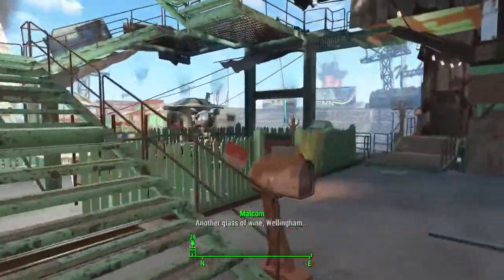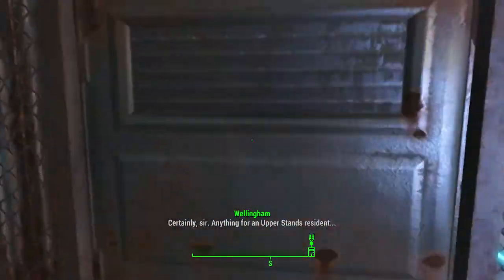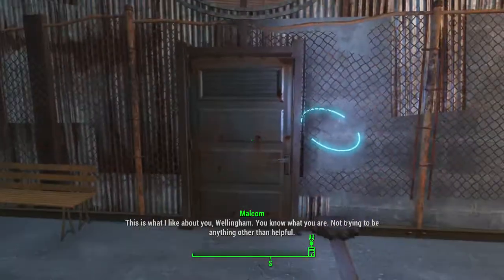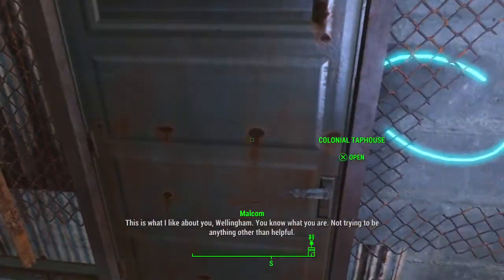But you're gonna want to come over here to the Colonial Tap House. This is what I like about you, Wellian. You know what you are. Not trying to be anything other than...